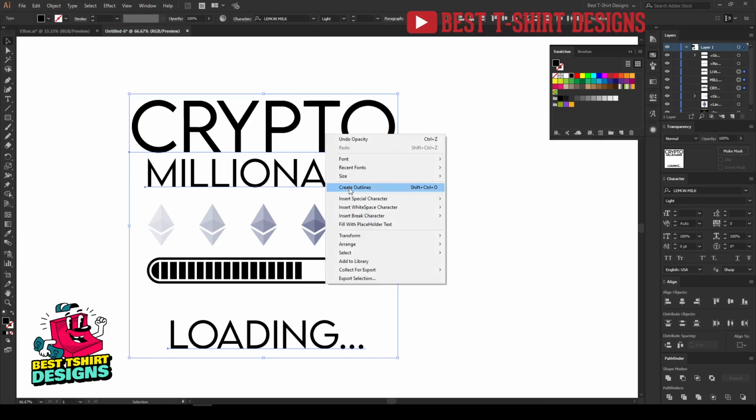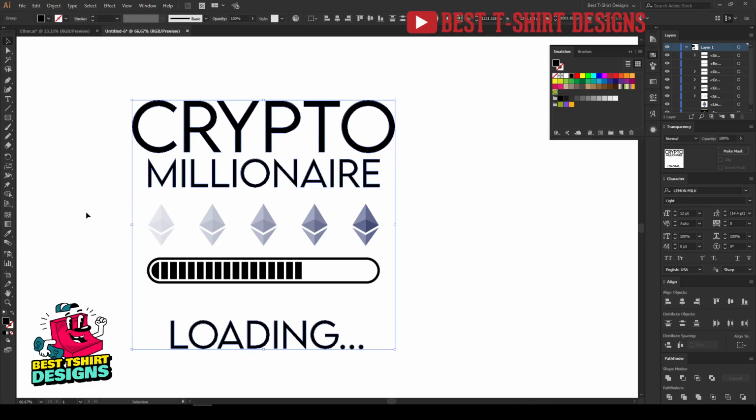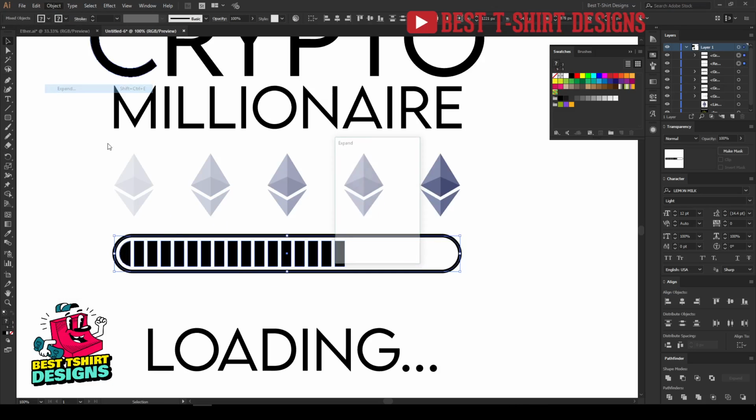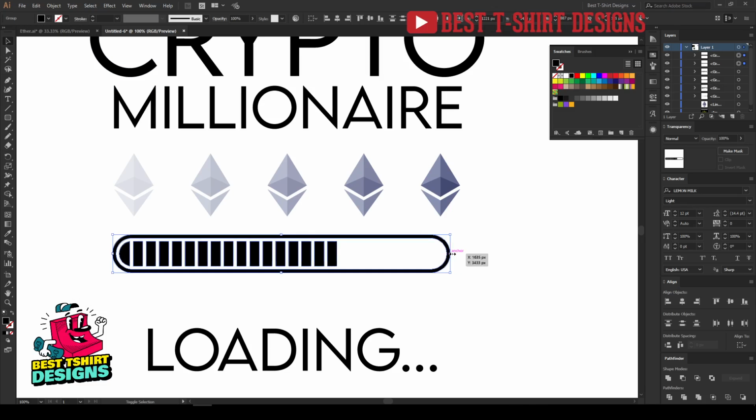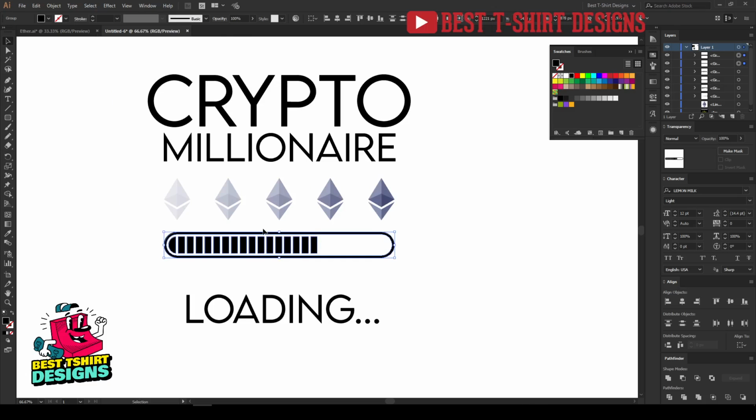Now I need to adjust it, so I'm going to expand everything. And before that, let's make them a group, or I can select this part of the loading bar, expand it so that no stroke is left, so it is only fill color here. And of course I want to make it exactly the same width as the Ethereum design, and maybe a bit closer to each other.